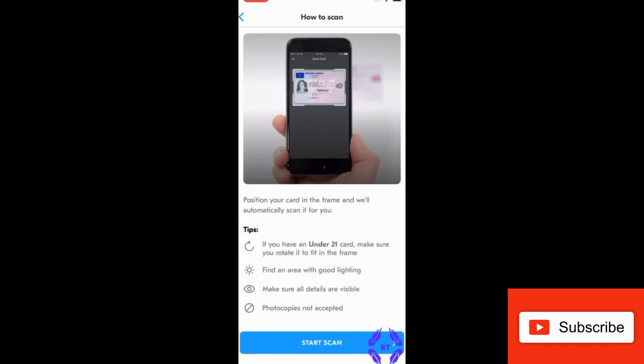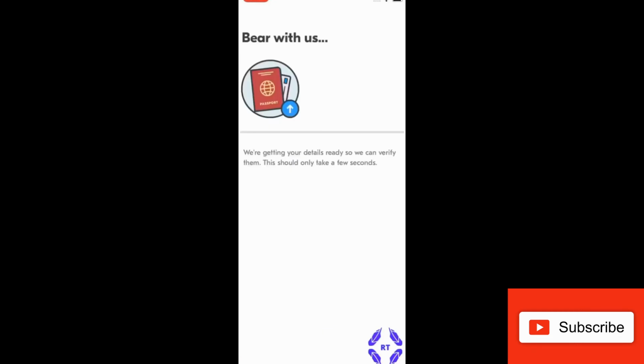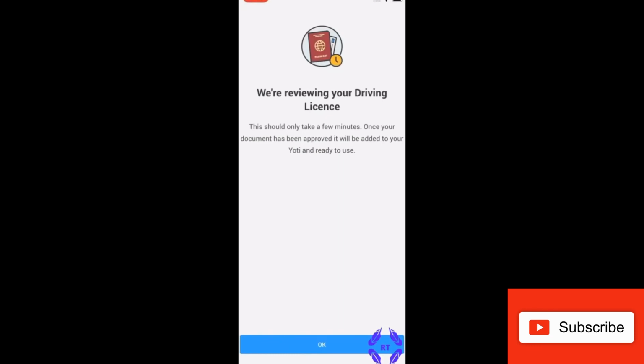Use a clear table or an area where you can keep your driver's license. Capture it with your camera as they suggest in the step-by-step guide, and make sure you are capturing both the sides, and then send it to them, which is basically click on send, and it will be submitted for verification. Great thing about this is this verification takes only 5 minutes max, and they say we are reviewing, and once you wait, the review will be a success.